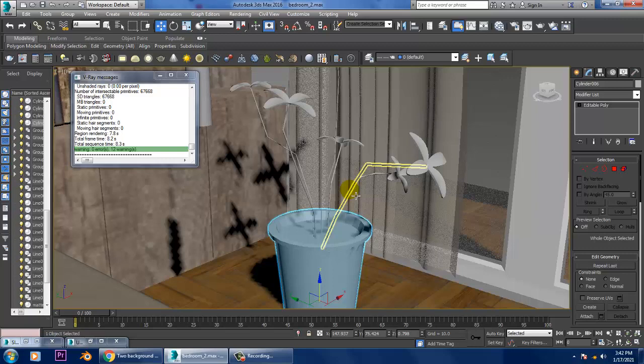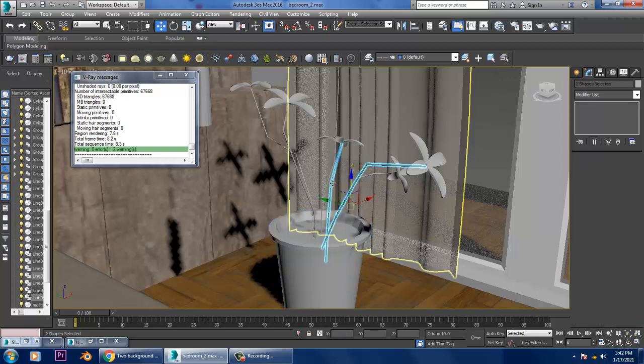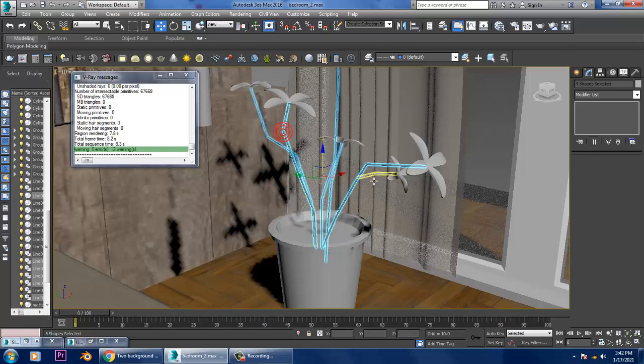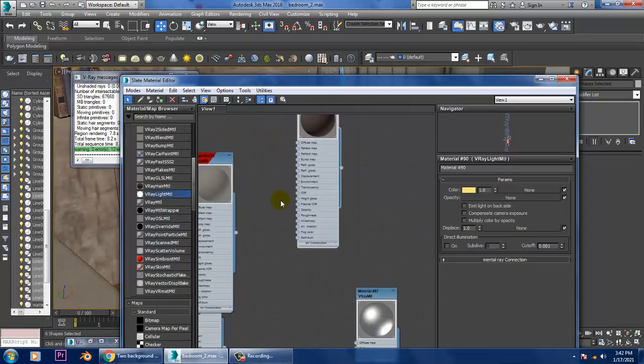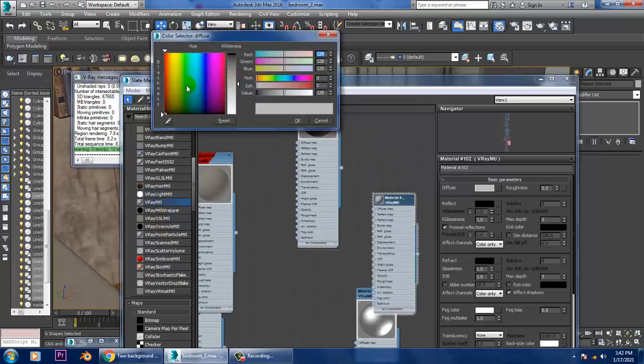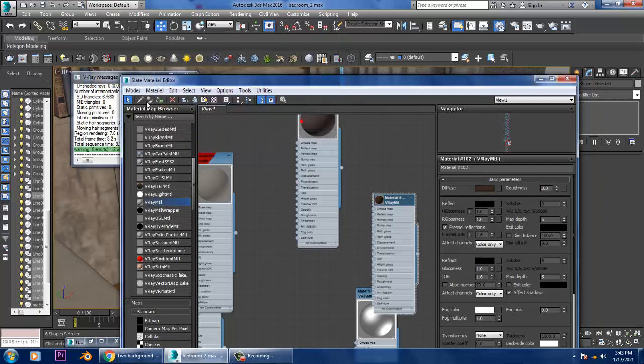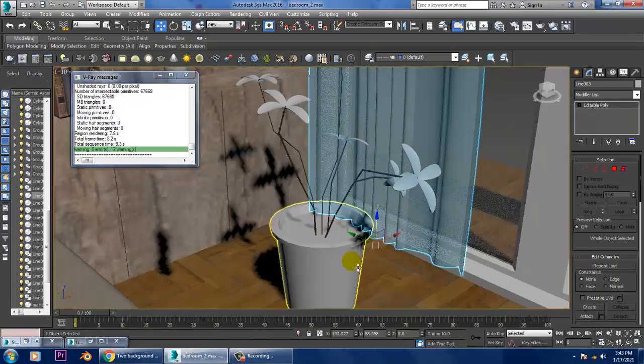We can select this and take a brown color for all of the branches over here. So take a V-Ray material and let's take a brown color. Select this.